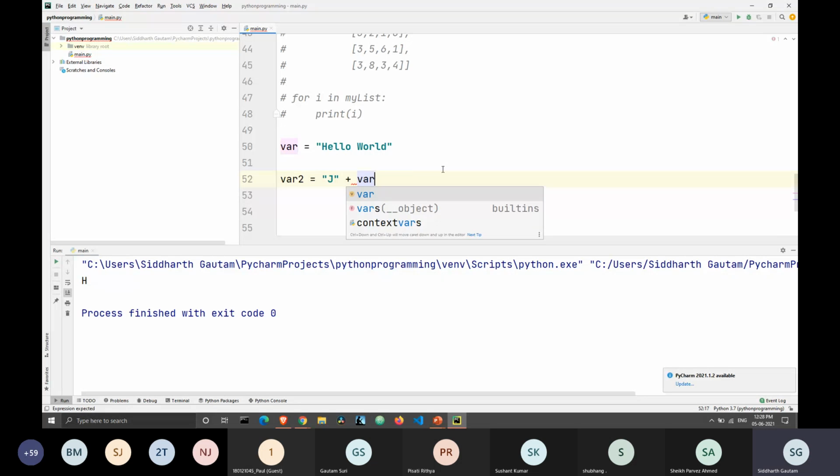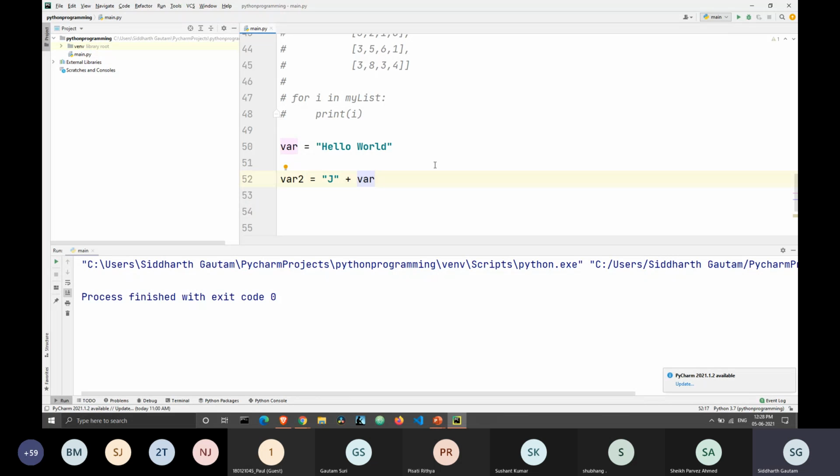Before we move forward, let's see what happens if we print var2. We get j hello world.